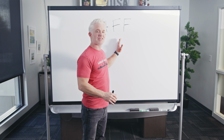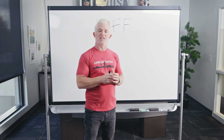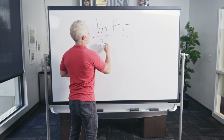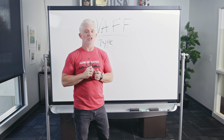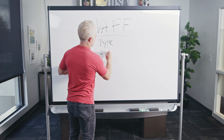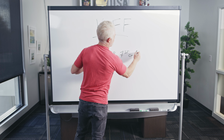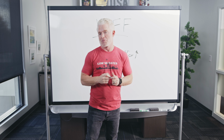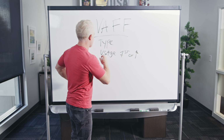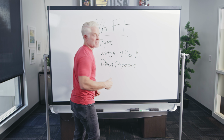So the amount of the funding fee that you're going to pay on your VA mortgage has some factors that can change it. For example, the type of VA loan you're getting. VA funding fee changes based on loan type, number one. It also changes on whether or not you've ever used your VA loan benefits before. So we're going to call it usage. I'll put first or more. The more times you've used your VA loan, the more likely that VA funding fee is to change. And finally, down payment. These are really the main three factors that will determine the amount of your VA funding